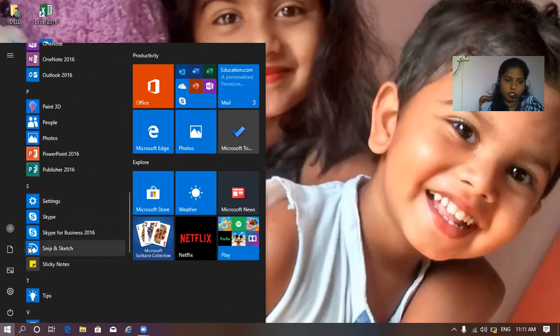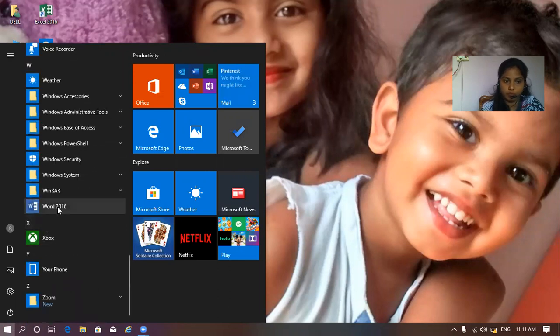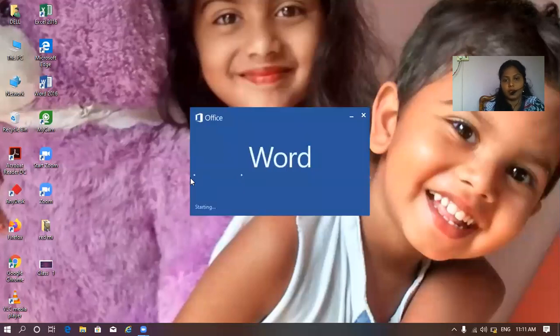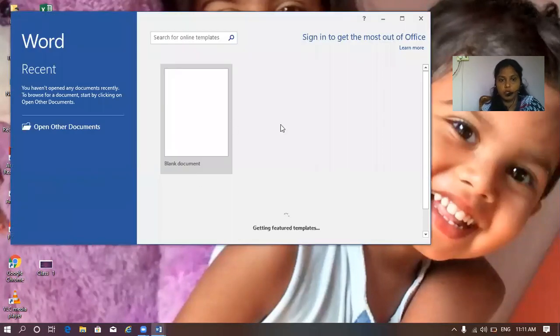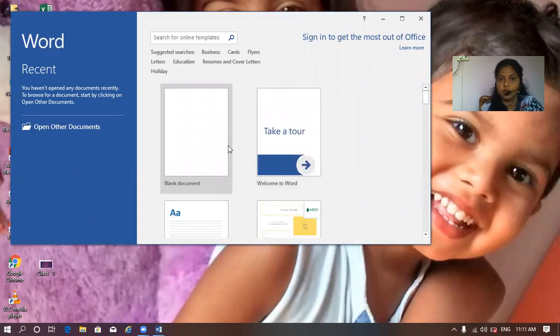Now I'm going to take my Word 2016. Yes, here it is starting with the Word. It is one of the parts of the MS Office suite. We call that the MS Office suite. Here we are going to take the blank document. Why? Because nowadays we are working more with worksheets. For that reason, to learn about some alignments and page setups, we are taking the Word document as the example. Now we are taking the blank document.